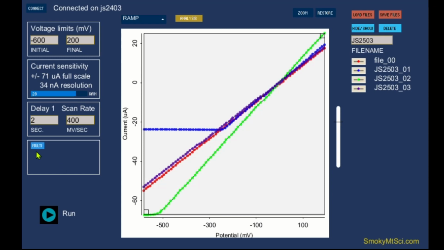Down here there's a button that says multi, and if you want to have multiple runs, you want to scan several times, do the same experiment repeatedly, you just enter the number of runs you want to have and the delay that you want to have between the runs. Okay,